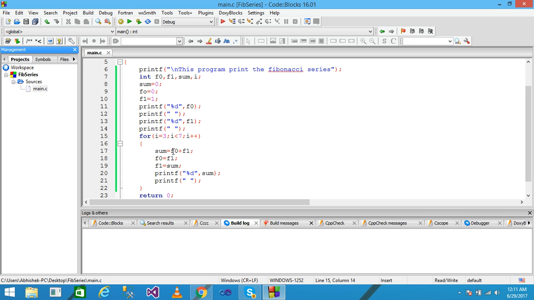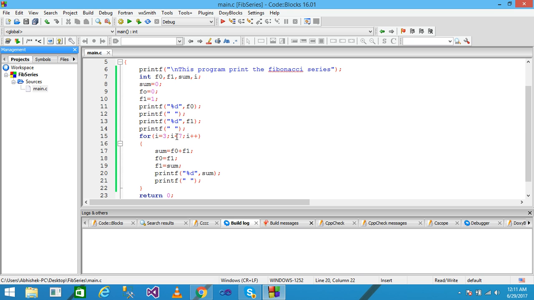Again control comes here, and this time the value of f0 is 1 and the value of f1 is 1. 1 plus 1, 2, is assigned into the sum, and the value of f1, 1, is assigned to f0, and the value of sum is 2, and this 2 is assigned into f1, and I simply print the value of sum as 2 onto the screen and take the space, and again control comes here and increments the value of i as